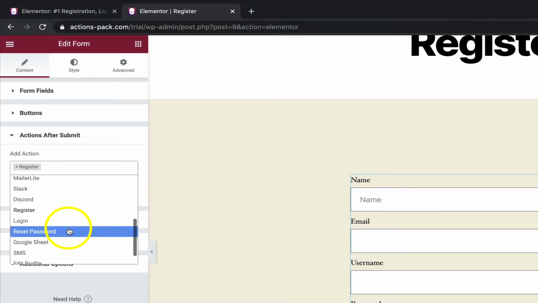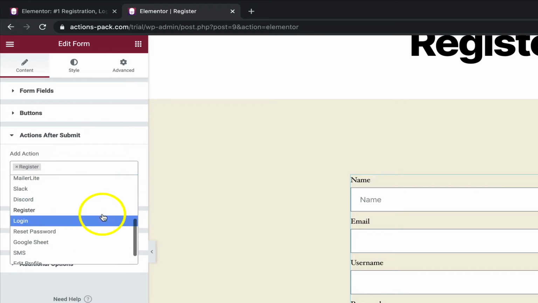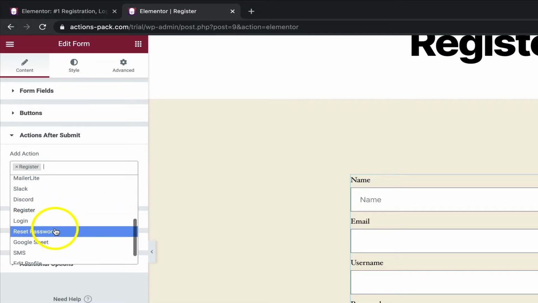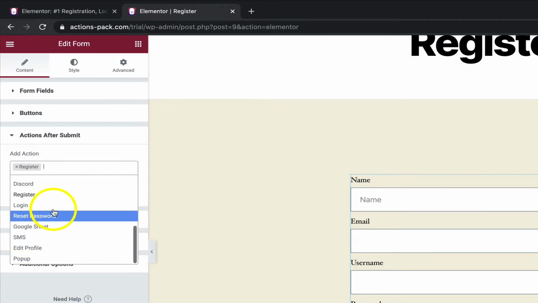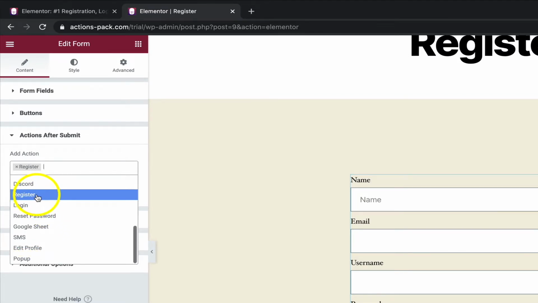But what makes the Actions Pack plugin unique and brings some specific functionality to this drop-down list, which you won't get in the native Elementor Pro widget, we have registration, we have login, we have reset password, Google Sheets, and SMS as well. So we can really do some powerful work here with our site.